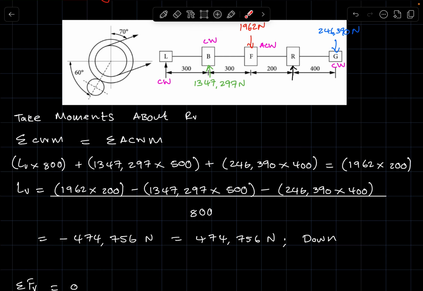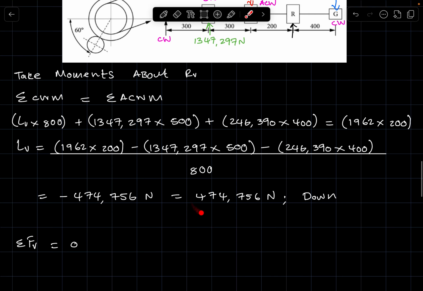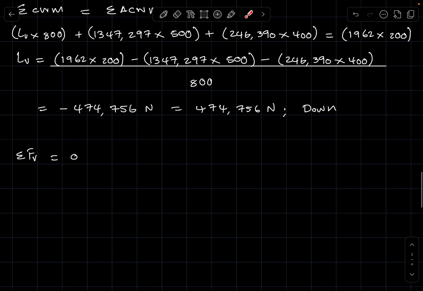For the left-hand bearing, initially it is assumed that the reaction is headed in a positive direction, but our calculations just told us that actually it is headed downward, the negative direction. So in applying this condition of equilibrium, just bear in mind we now have to take this as being negative,